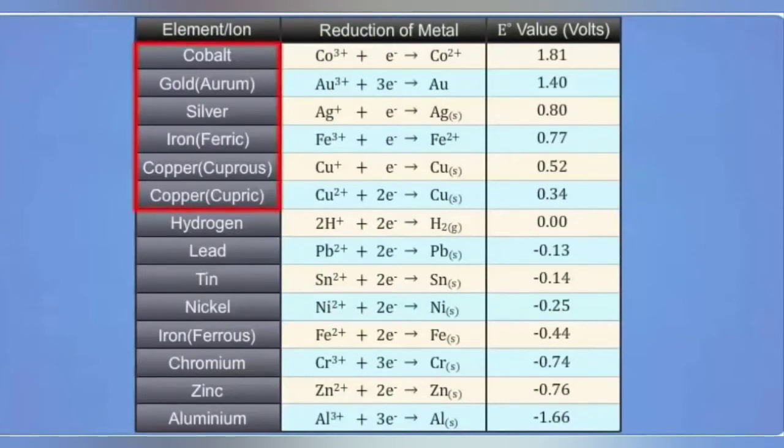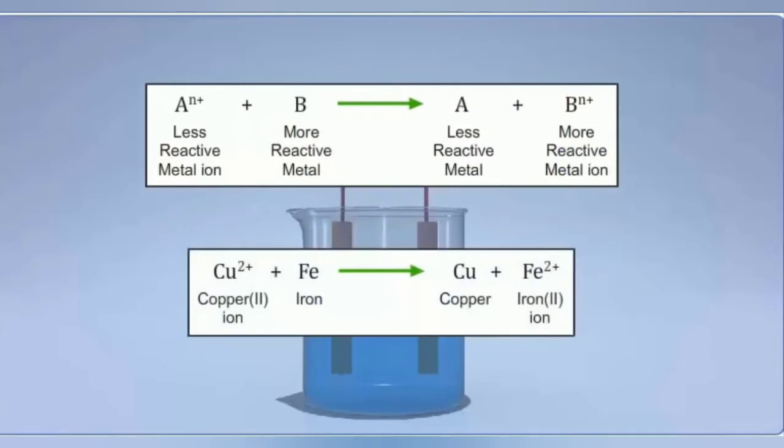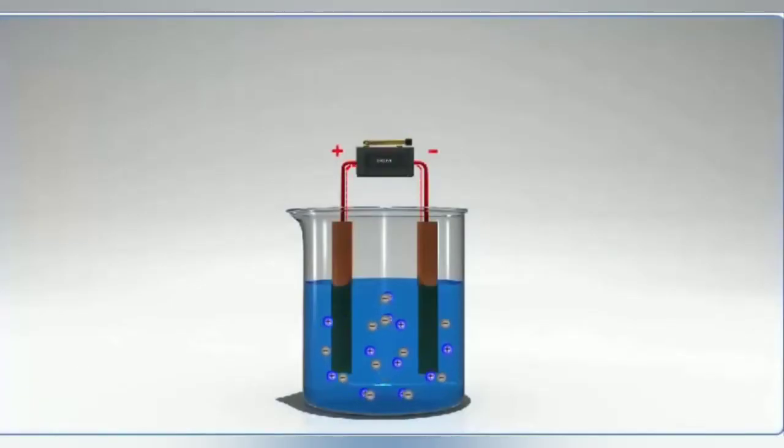More reactive metals have high E° values, whereas less reactive metals have low E° values. It is difficult to reduce metals that have high E° values. If the difference between the E° values of two metals is positive, then the value of ΔG° will be negative. Hence, the less reactive metal will come out of the solution and the more reactive metal will go into the solution. For example, the reduction of copper Cu2+ to copper in the presence of iron. In a simple electrolysis process, the positive ions always move towards the negative electrode called the cathode.